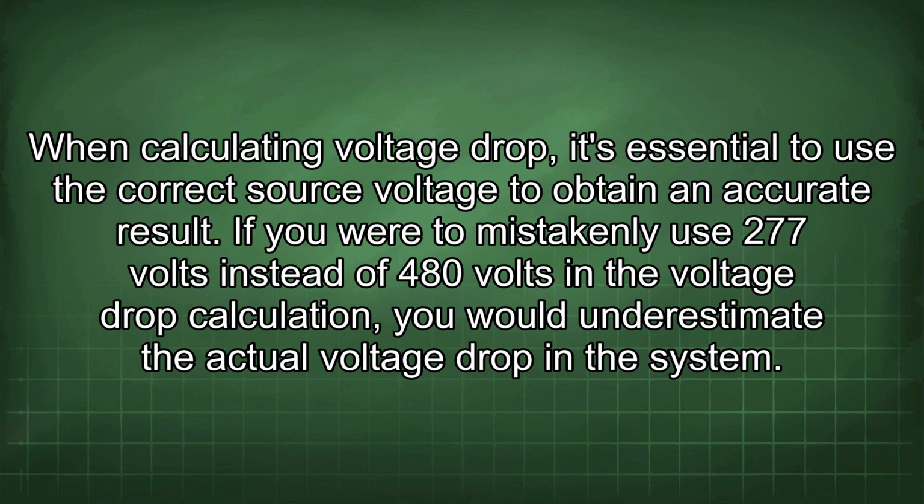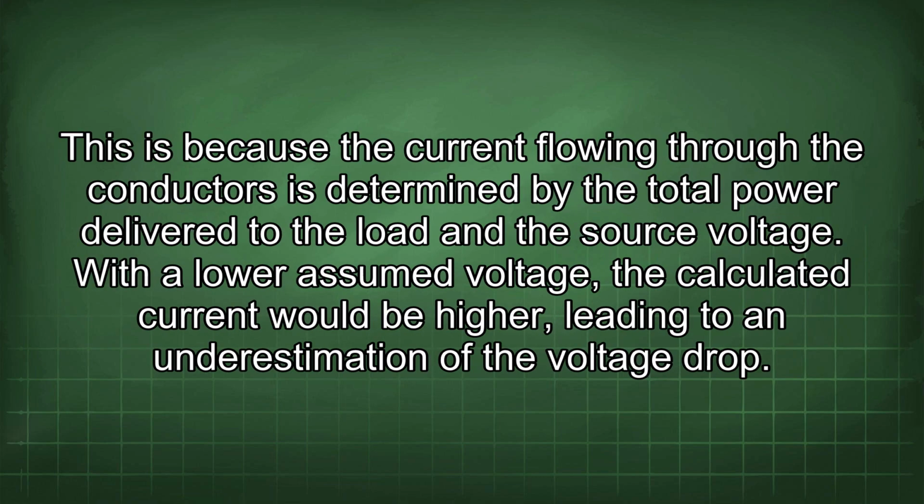If you were to mistakenly use 277 volts instead of 480 volts in the voltage drop calculation, you would underestimate the actual voltage drop in the system. This is because the current flowing through the conductors is determined by the total power delivered to the load and the source voltage. With a lower assumed voltage, the calculated current would be higher, leading to an underestimation of the